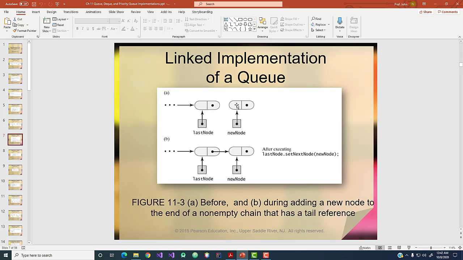So the new node's just chilling here with its buddies, and it's not doing anything. It's not part of the list. And then all of a sudden, right here, the list says, okay, set your next to the new node. That's the first thing it does. And then the next step will be what? I guess,